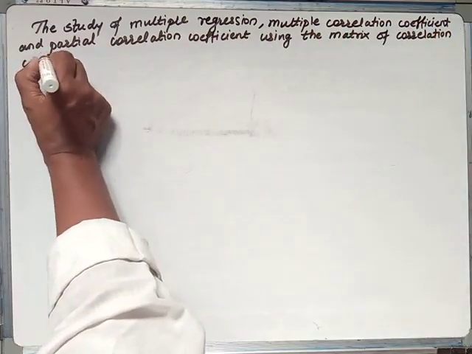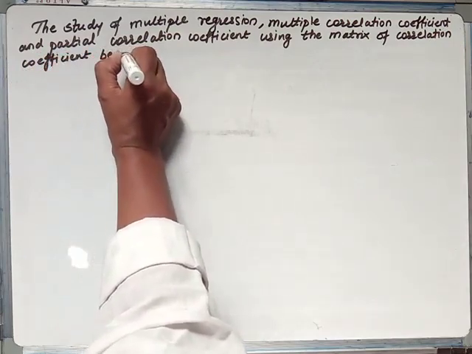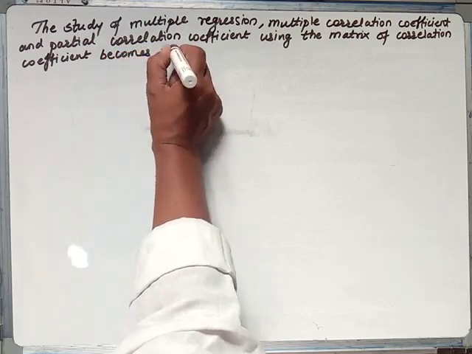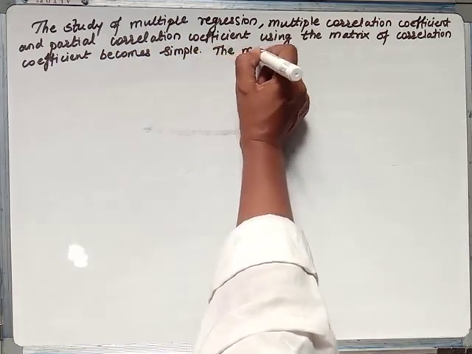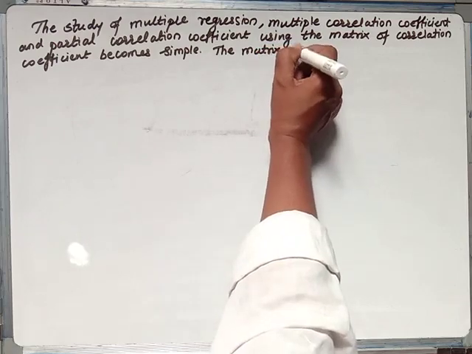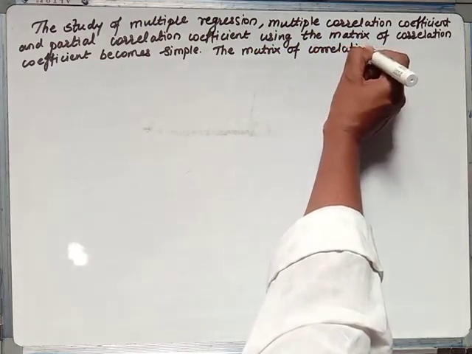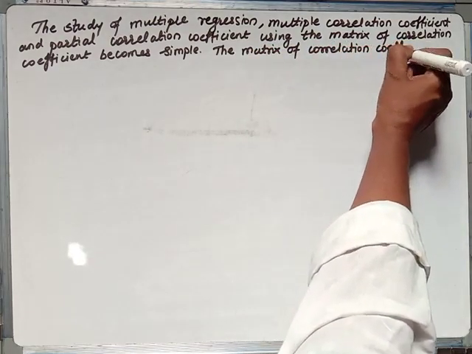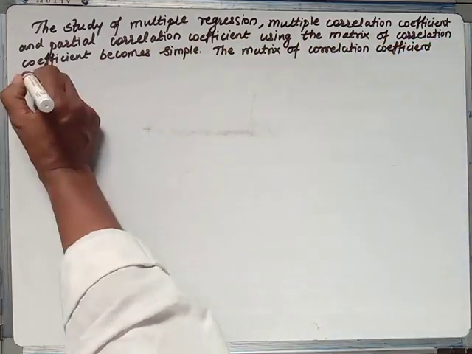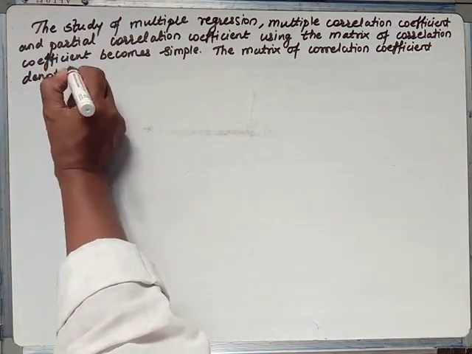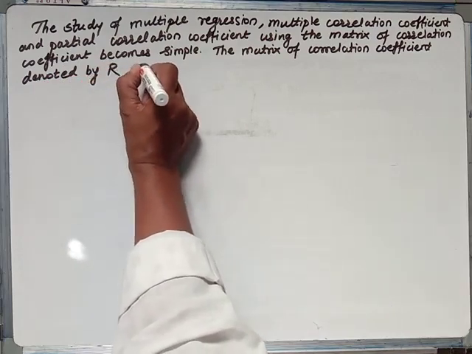The matrix of correlation coefficients is denoted by R and is given by